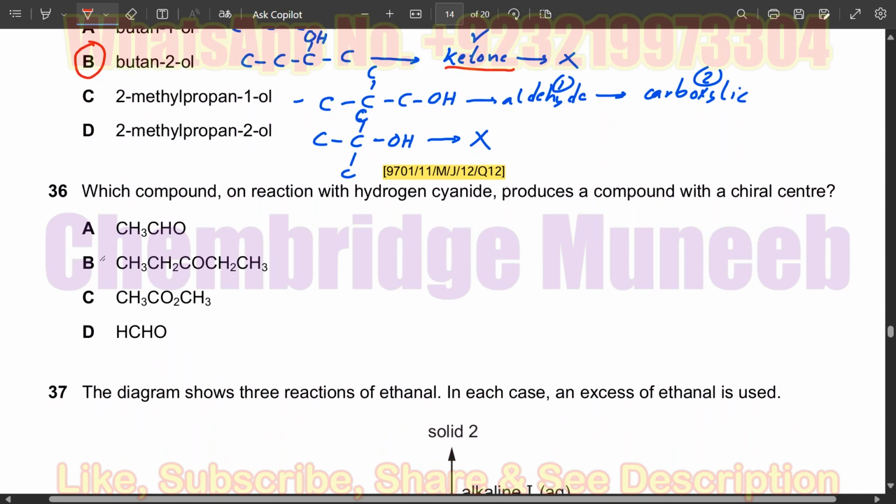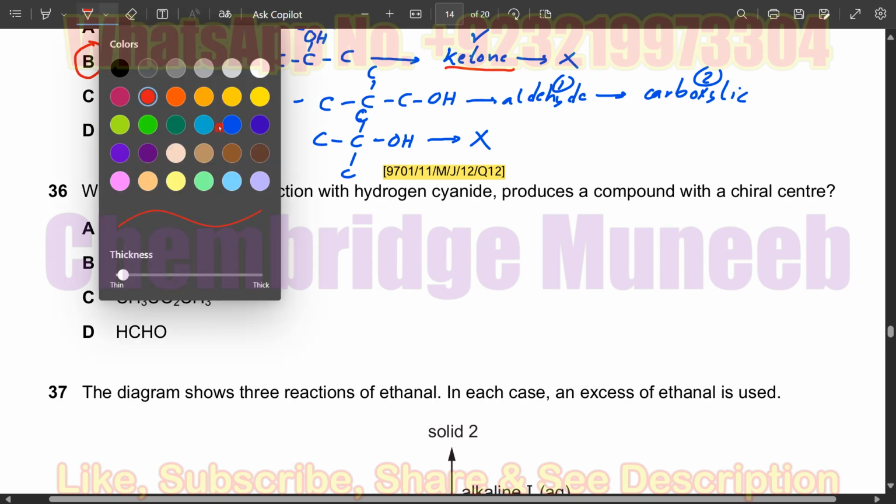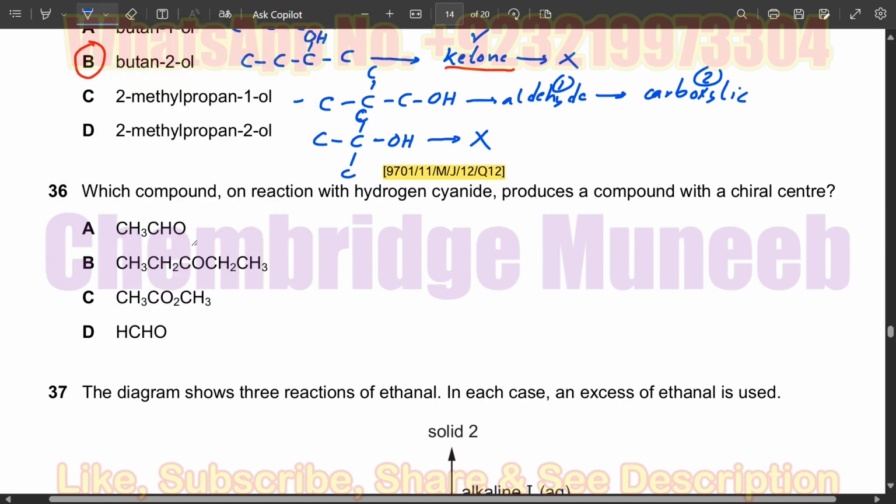The question number 36. Which compound on reaction with hydrogen cyanide produces compound with a chiral center? So we have to find the one which contains chiral center here. So all of them must be reacted with the hydrogen cyanide. HCN must be reacted with all of them, and the products must contain the chiral center. So I will first react with the option A. So when it reacts with HCN,